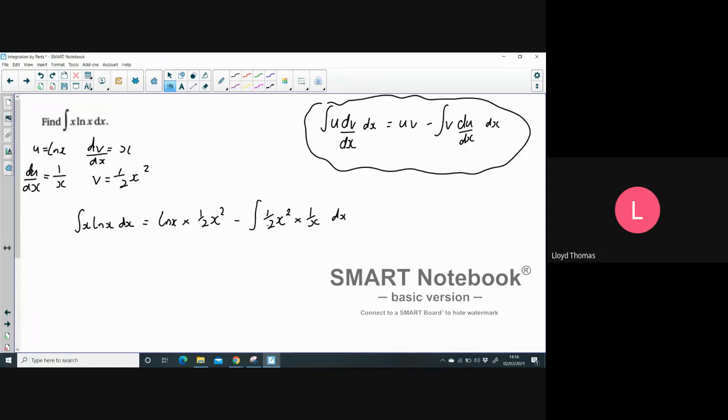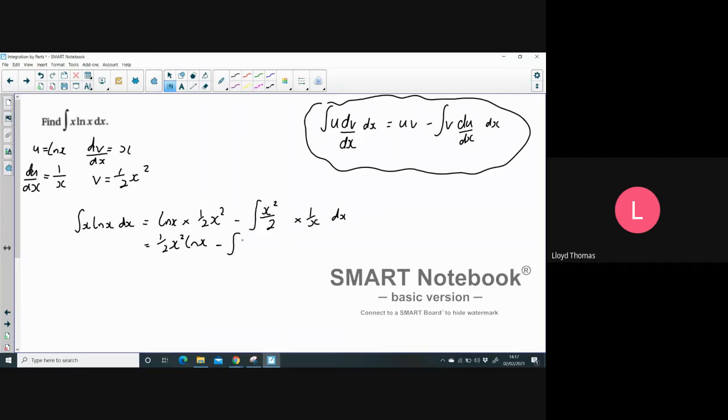Now I would simplify this first before you go any further. I guess you can combine these two together actually. So it's going to be a half x squared ln of x minus the integral. Now what you have here is the x squared should be on the top of this fraction, because a half x squared is the same as x squared over 2. So multiplying fractions or cancelling things out, you end up with an x squared divided by an x. So that gets rid of one of them. And you should end up with